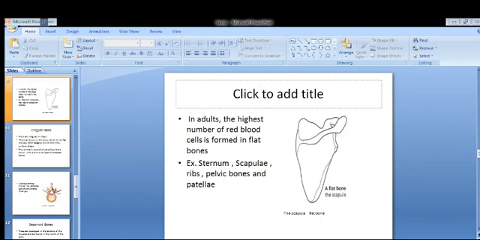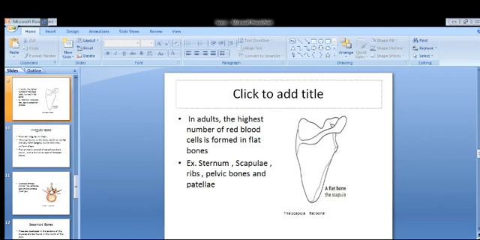Now, one kind of flat bone is the scapula, which we have on the back side. We feel it when we move the shoulder up and down. It gives an impression as if it is moving up and down. The tip can also be felt. So that is the scapula. The other bone is the sternum, which is the center of the ribs. The center of the ribs is also a flat bone.